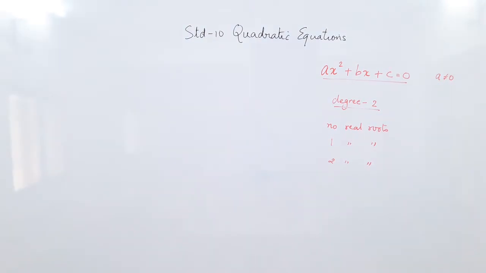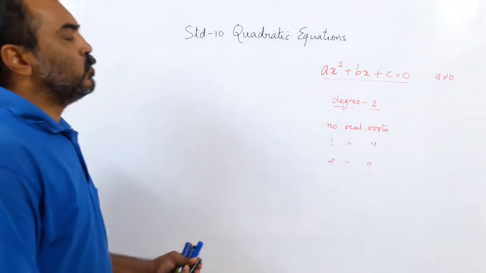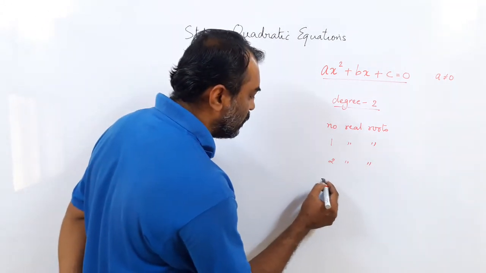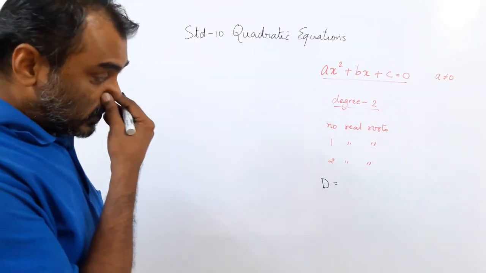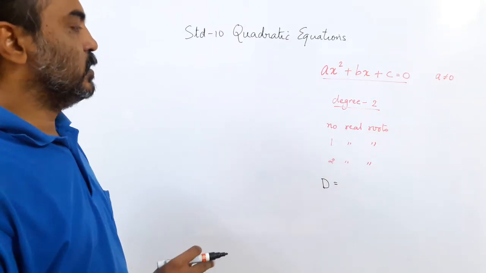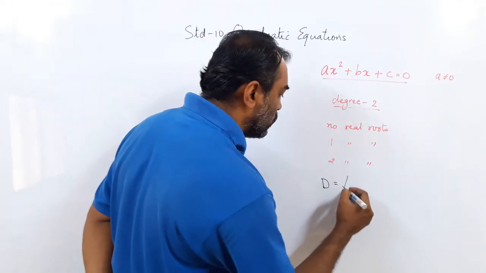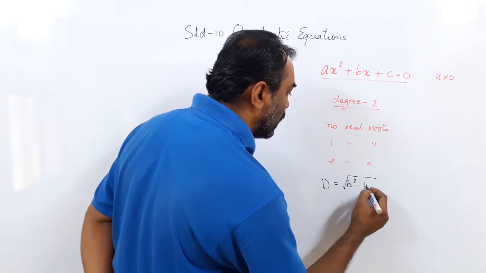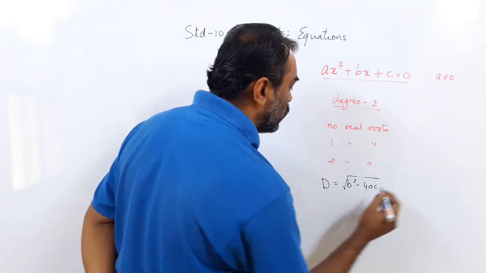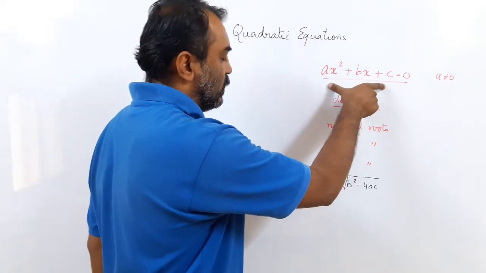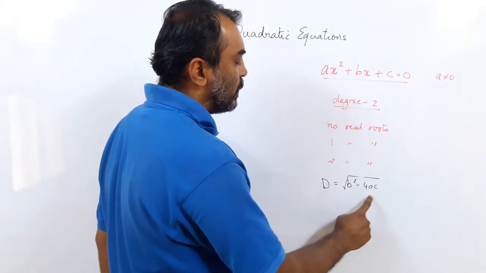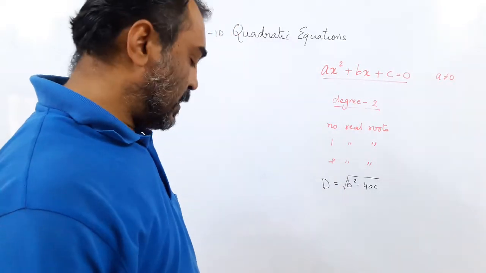So we have seen the method of splitting the middle term to find out the two real roots. But now before I go further into the chapter, I want to tell you something about something called the discriminant, D. Now this will come in the further lectures, but just now for your sake I will tell you what is D actually. The formula of D is b square minus 4ac. So what you have to do here is, you can see the quadratic equation ax square plus bx plus c. You have got this equation. You have got D equal to b square minus 4ac. So check this discriminant out.